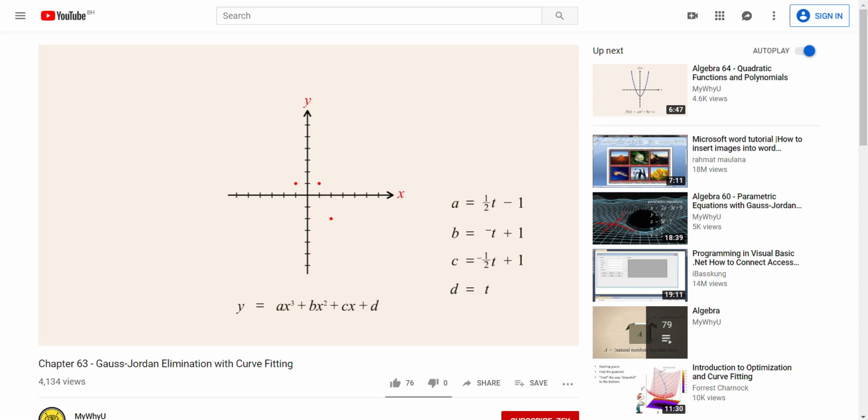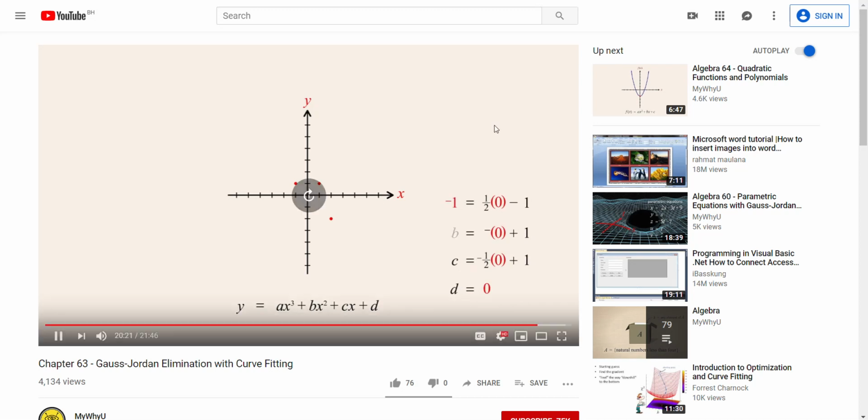Or if we choose a value of 2 for t, our parametric equations produce values of 0, -1, 0, and 2. Or choosing a value of 0 for t gives us values of -1, 1,